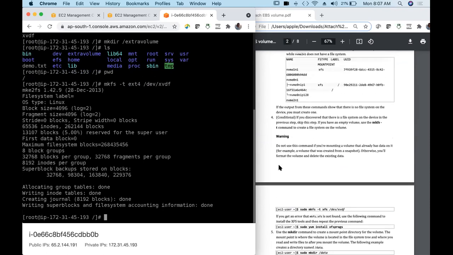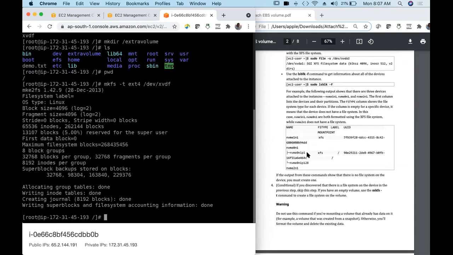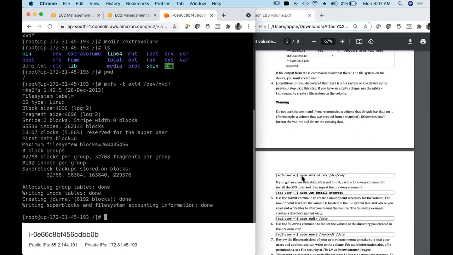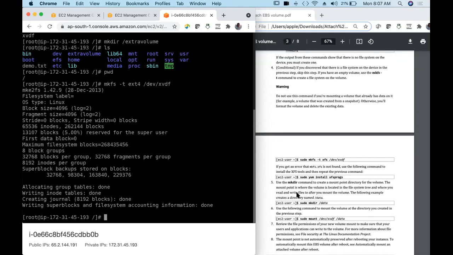Okay, sorry, this is a different command. Anyway, you can go directly to this. I have not used xfs. Let me try this command.